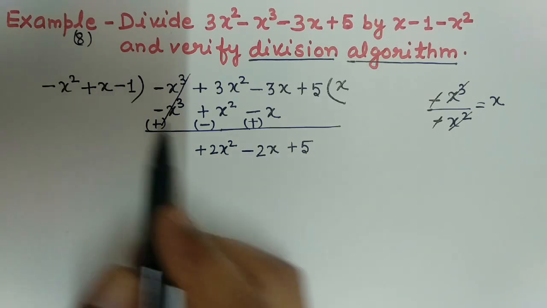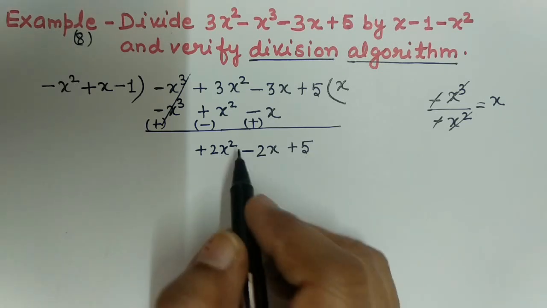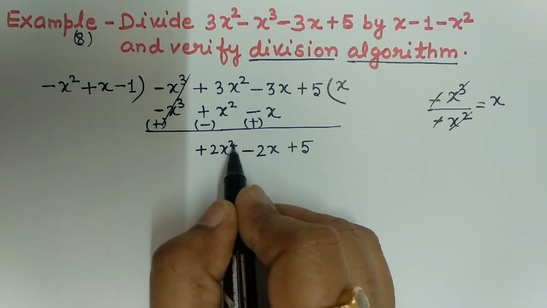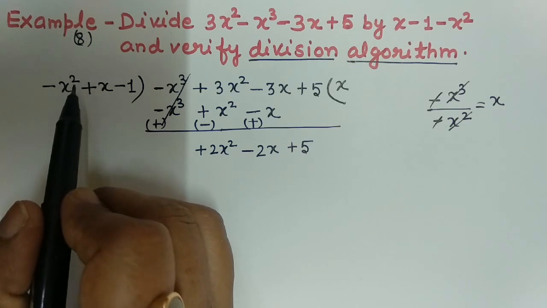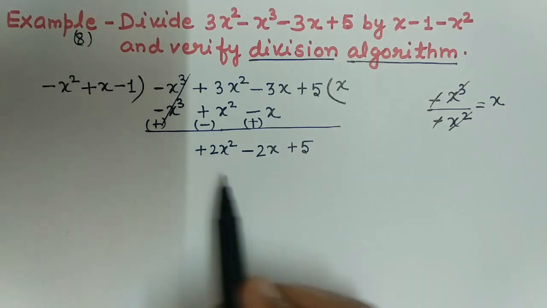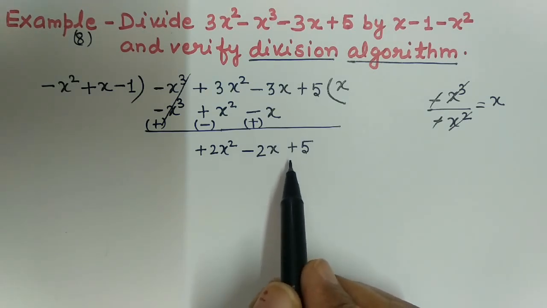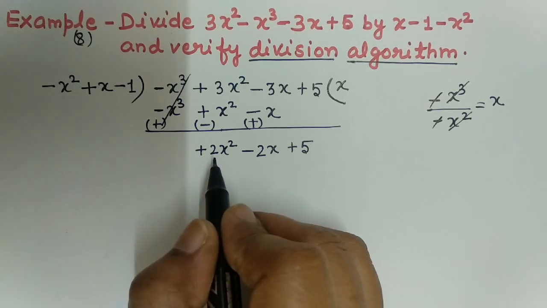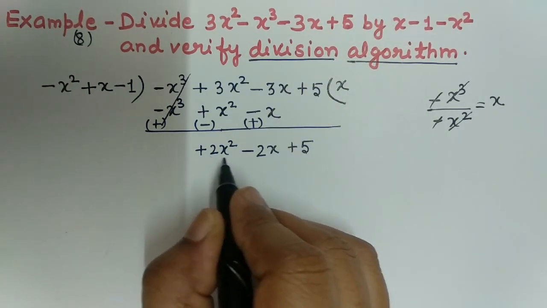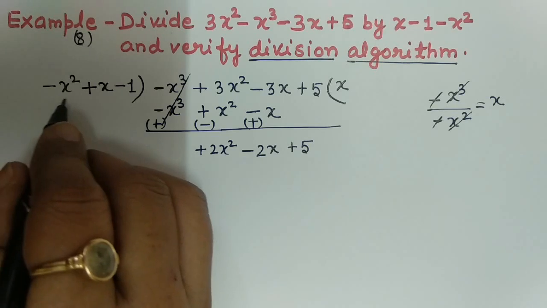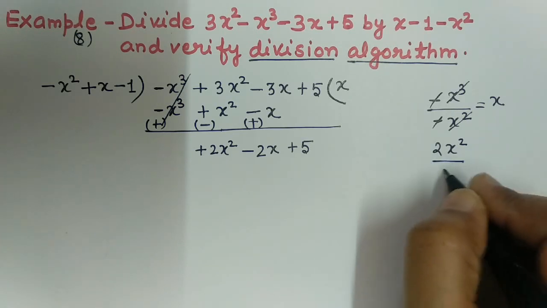So check the degree. The degree of this polynomial 2x square minus 2x plus 5 is 2. Okay. And the degree of the divisor is already 2. So the degree of this divisor and the degree of this new dividend are equal. So we can divide. So to get the second term of the quotient, I will divide this 2x square by the first term of the divisor. So I divide 2x square by